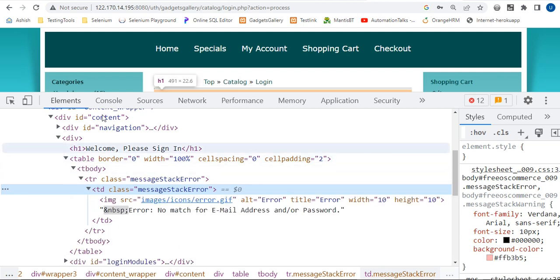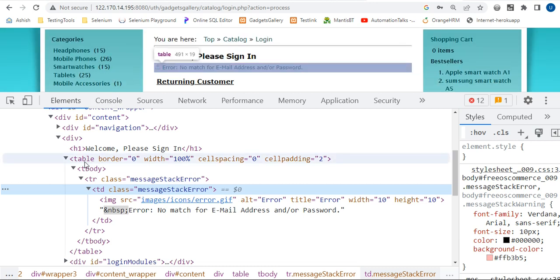See, they are using table, then tbody. TR means table row. TD, table data. There is an image. This caution sign is an image, and then you can see the error: no match for email address or password. This is a text. So what I can do is I can go with